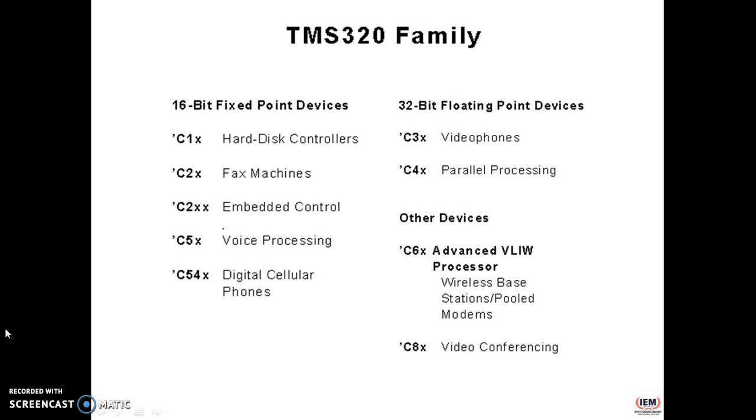When we are considering 16-bit, we are considering the series that we normally write down as TMS320C1 series, C2 series, C5 series, C54 series. Similarly, when we are considering the 32-bit floating point device,